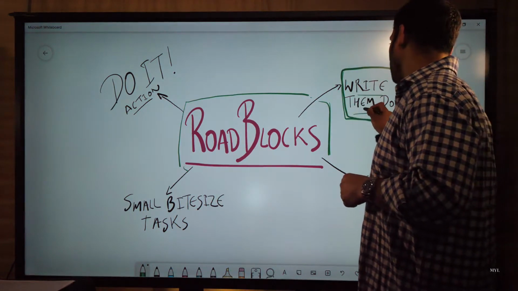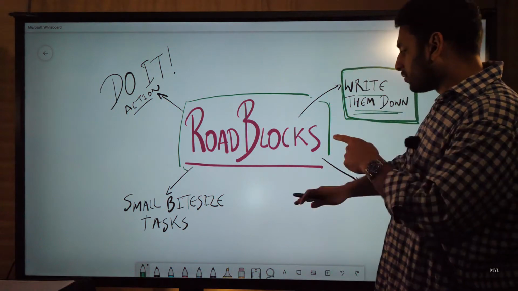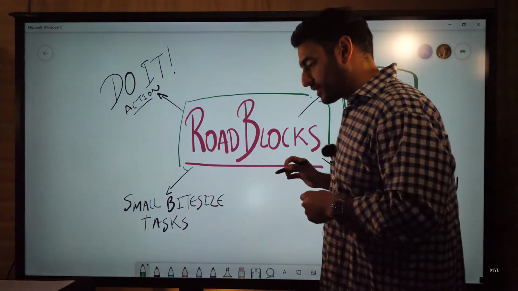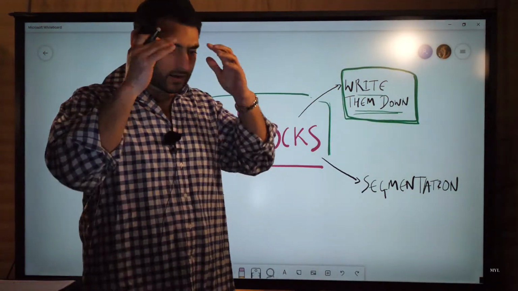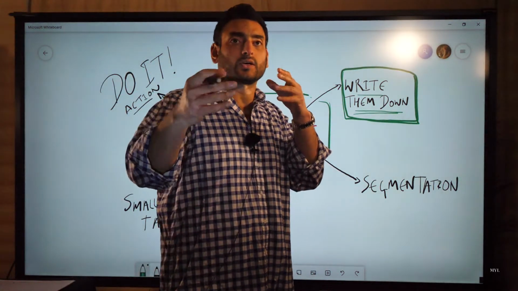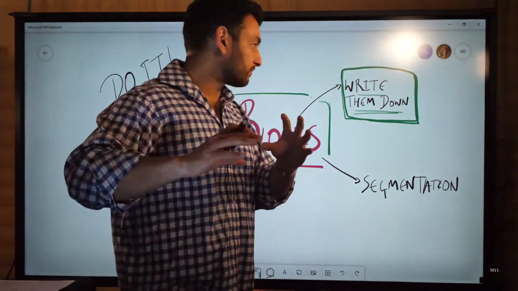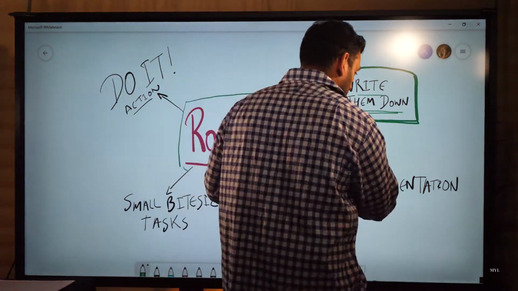With these roadblocks, we'll do an example in a minute, but the key thing is to start by writing down what they could potentially be, because only you know your subject, only you know what's coming and what you expect to do. So write down the processes and the steps, and the next thing is to segment it down.